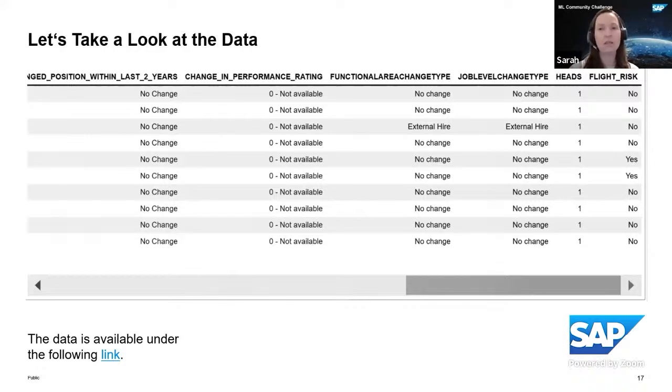As you can see here on the right, the flight risk. This is from the historic data, so that you see who left the company in the last 12 months. And this is what you will use to train it, so you can then apply it to the new employees and see who is up next, who has a really high churn rate. And maybe you can also find some reasons why someone is leaving, which could then be a good tip for our managers so they can do something about it so that they will stay with us.